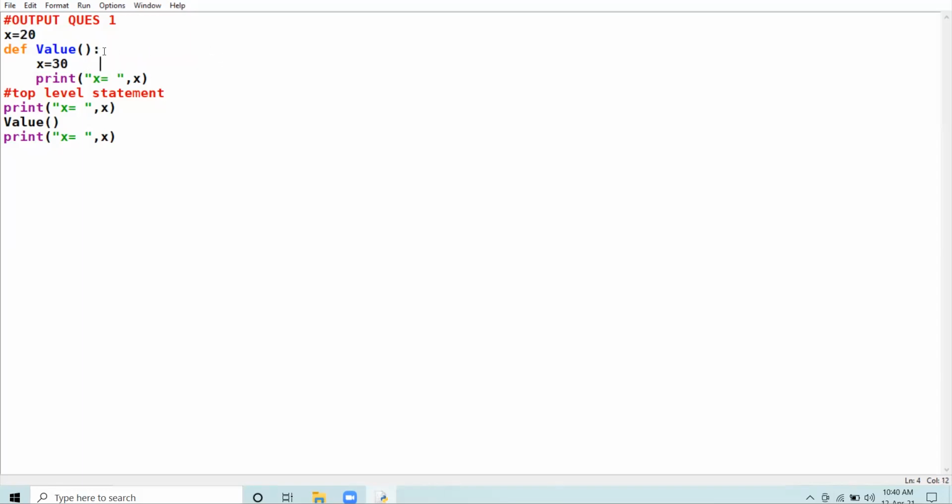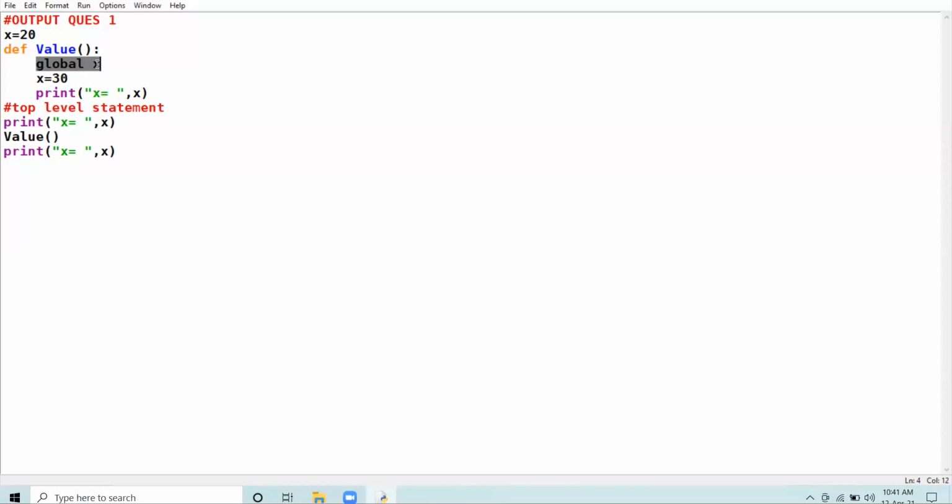I don't want to create the local variable. How is that possible? That is possible when you perform one step extra over here. How? Global keyword. This is a keyword. Global keyword space x. Now this is a message to the Python interpreter that x which has been used here is not a local variable, rather it is the global variable only.